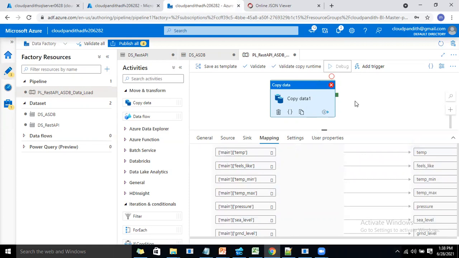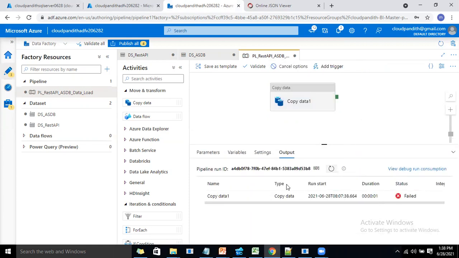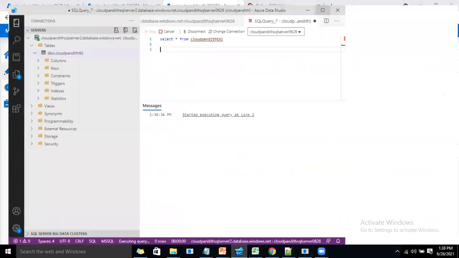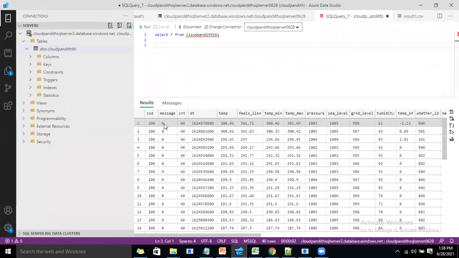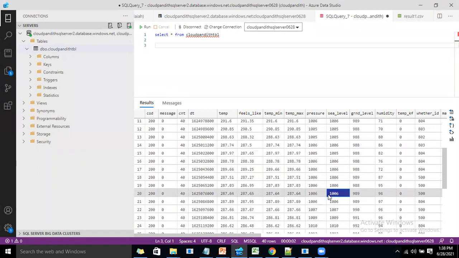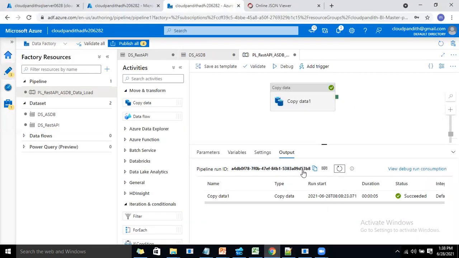Even if you look at the error message, it will tell you clearly. I'll show you that error message. See, it succeeded. Now first let's come here and say select star from cloud TBL. You will see all the items are iterated. A lot of items we have. You can just see all those things. So something like this we are able to achieve.